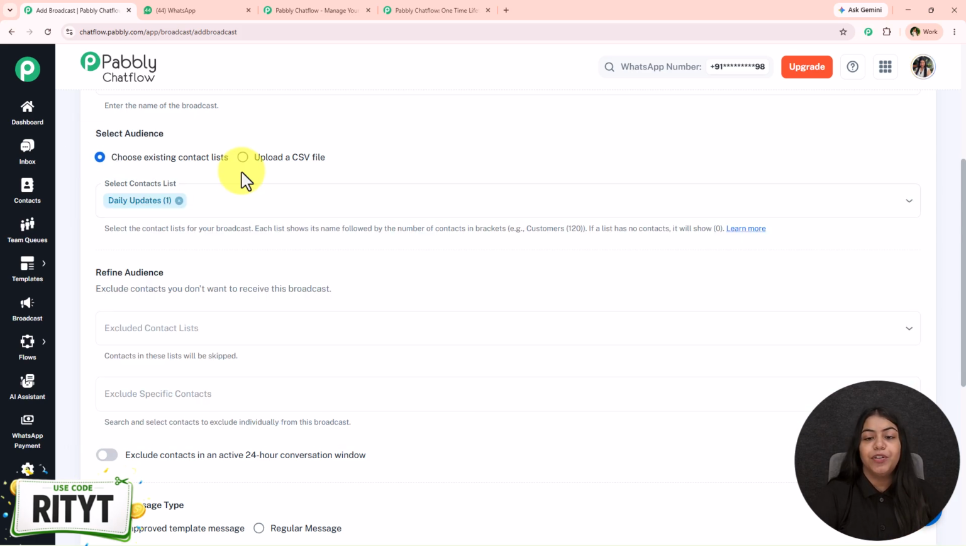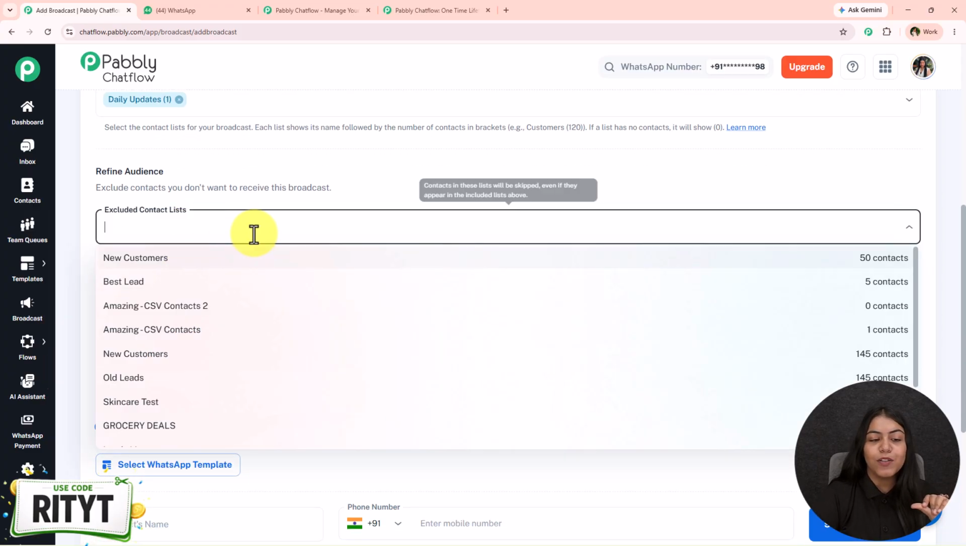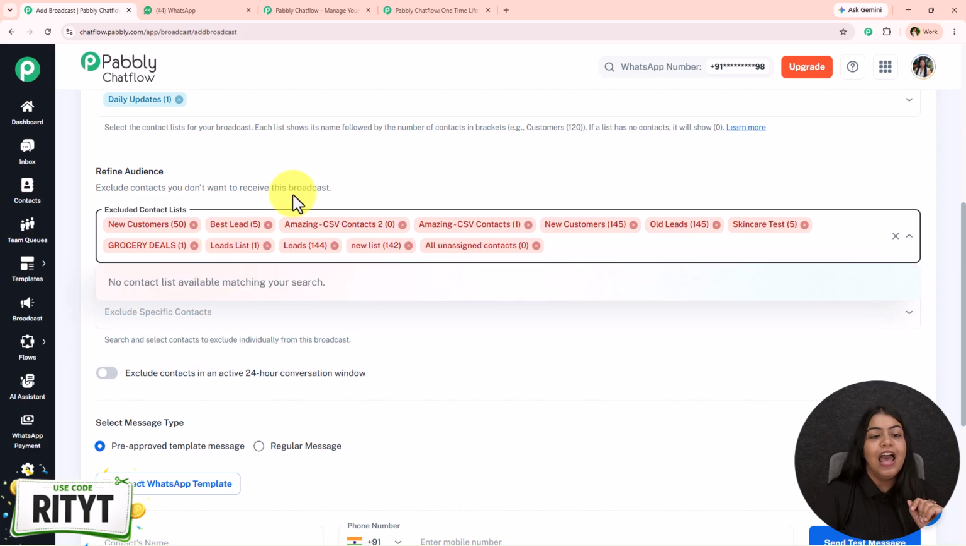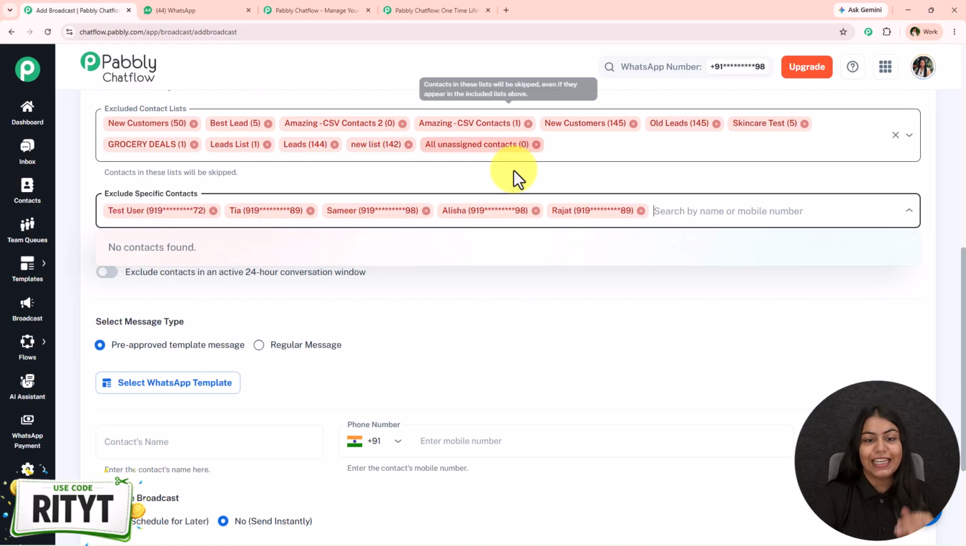Apart from that, if you want to learn more about this contact section, you can go on the description box below, and over there you're going to find the video on this contact section. Now it is saying excluded contact list, so you can also select some contact list to whom you do not want to send this WhatsApp message right over here. Apart from that, you can also exclude some specific contacts to whom you do not want to send the invitation,